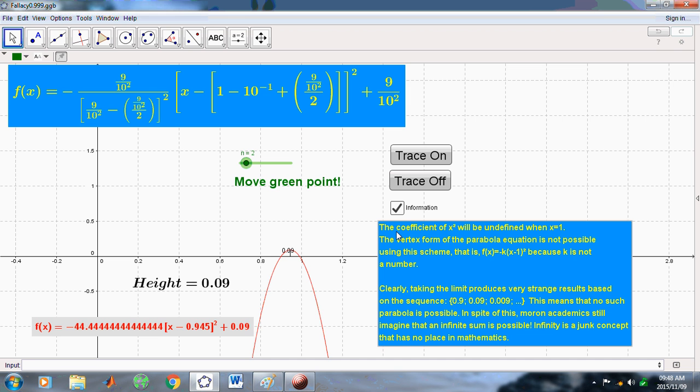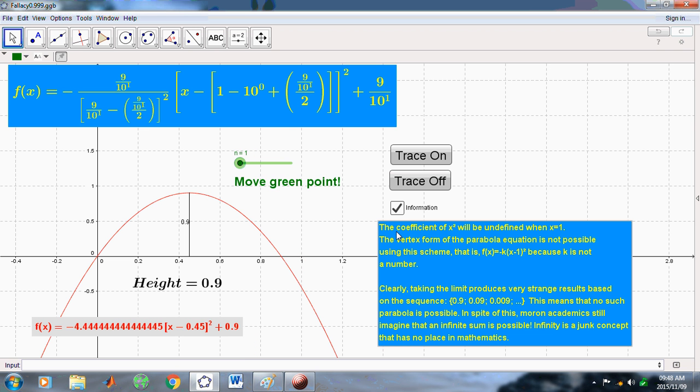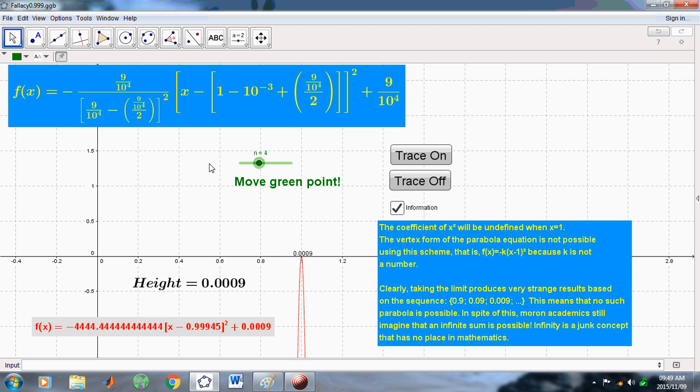In other words, in this case here it will be 0.09, in this case here it will be 0.9 and 0.9 across. This is the diameter. From here to here is the diameter, and this is the altitude. So if we move across, you'll see what happens. Okay. Eventually you end up with something completely illogical and